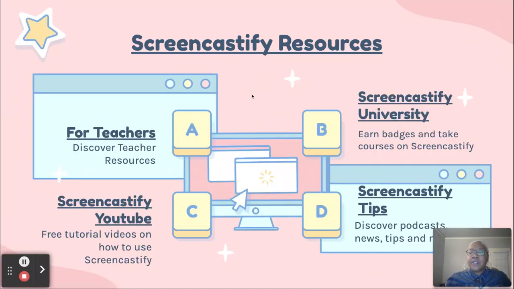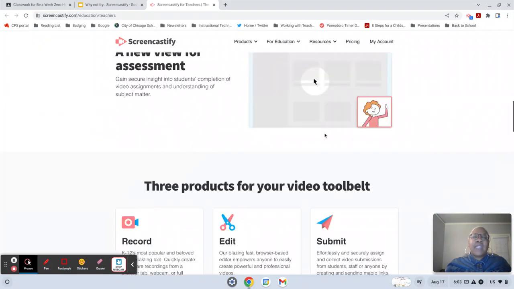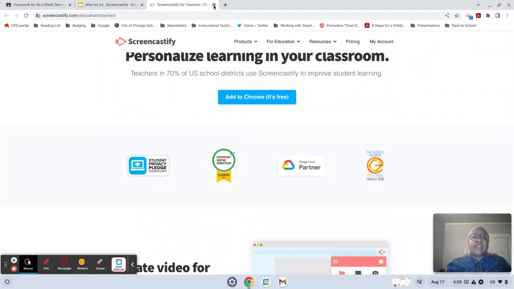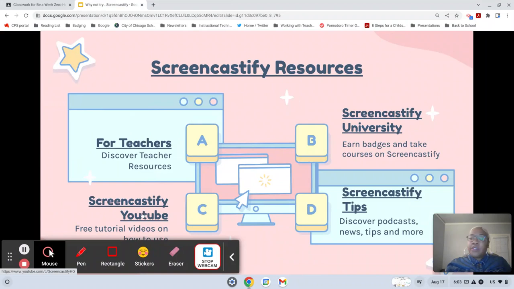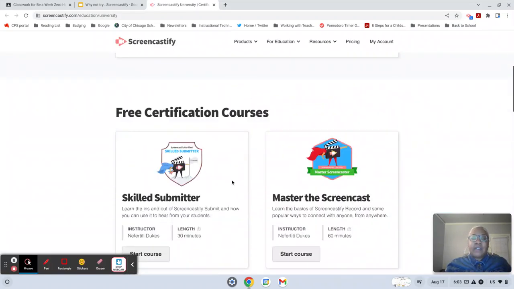Here are again some resources for you. Here's the teacher page with Screencastify. You can click on this, and it gives you great tips on how to use it in your actual classroom. There's a YouTube page for Screencastify where they instruct you on further things with Screencastify. Screencastify University is cool because this is where you can go to earn badges. If you want to be a Screencastify certified coach,